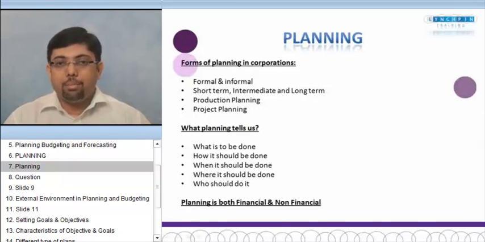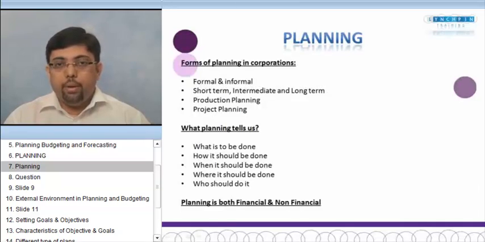Like, for example, what are the key steps and what will be the sequence of the key steps. That is planning. When it should be done, the time frame involved in planning, is also very important, like whether we are going to do it this year, whether we are going to postpone it till next year, which product we have to launch this year, which product we have to launch next year. These are all the types of timings. So timing plays an important, crucial part.